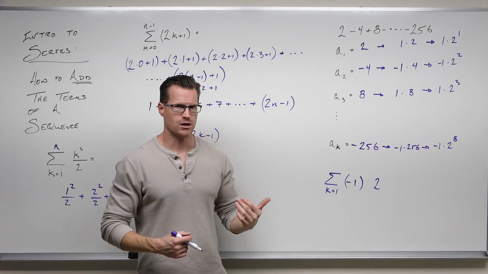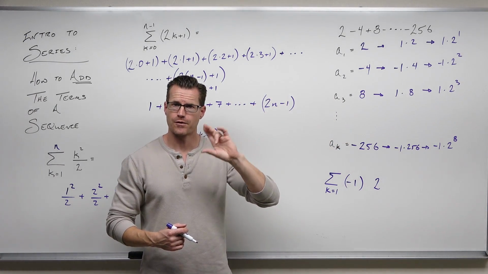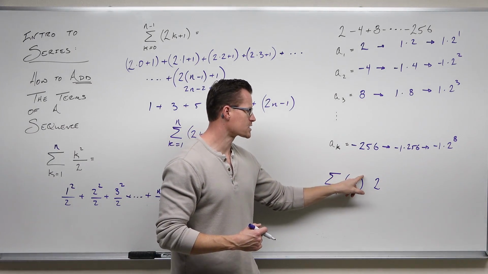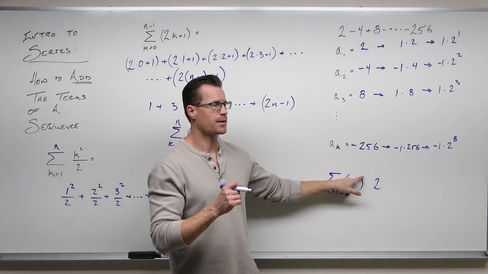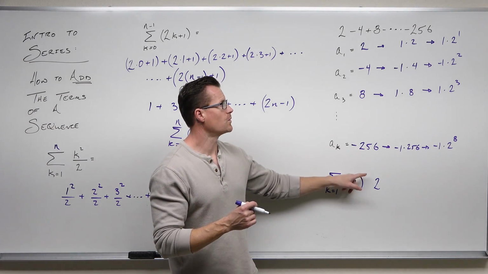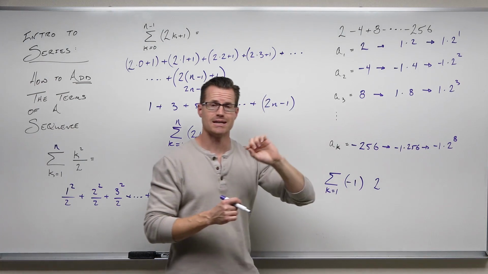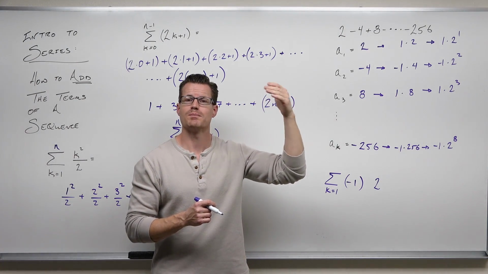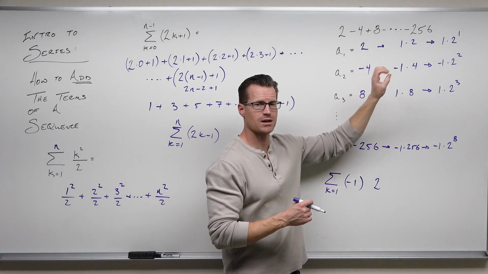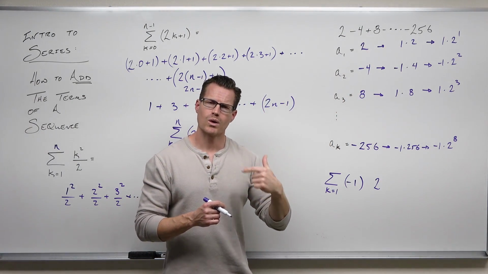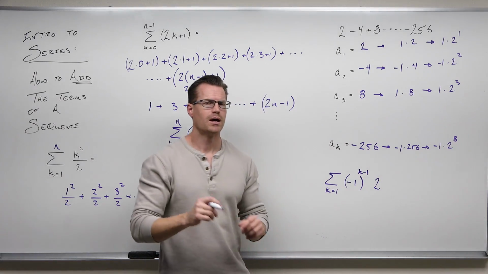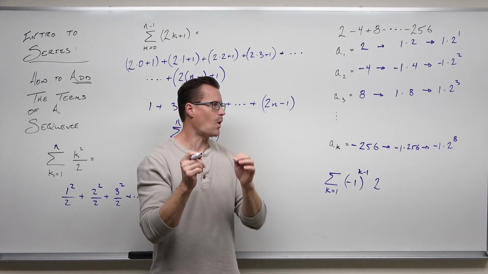What is changing? The sign of the first of our terms, our -1 to a power, that's changing. So the exponent here needs to model that. Well, let's take a look. Our first term is positive. So if our first term is positive, it needs to take -1 to some power and give me +1. It needs to take -1 to some power for a second term and give me -1. The way we do that is we take our k and we subtract 1.